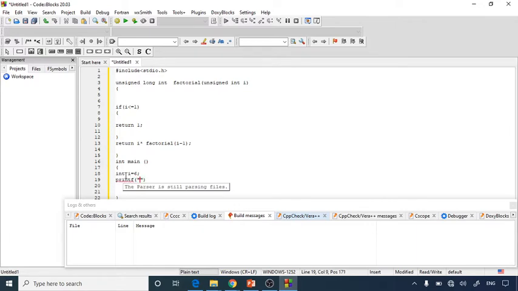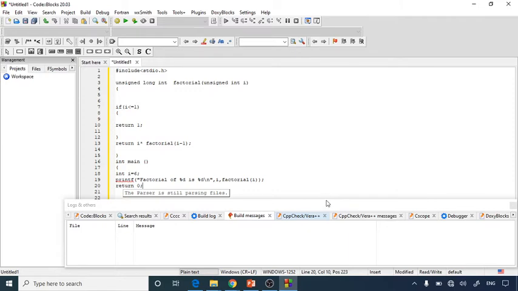So printf, inside the bracket I'm going to write "Factorial of %d is %d" with a \n. The first %d is for i, and the second is for factorial of i. Then for the int main function I'm putting return 0.